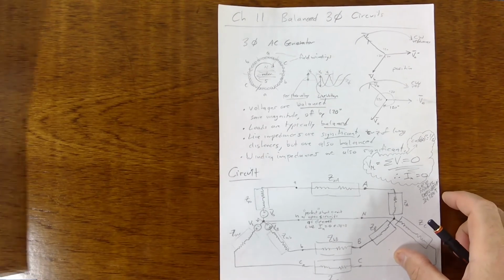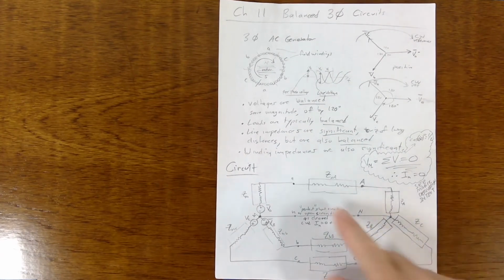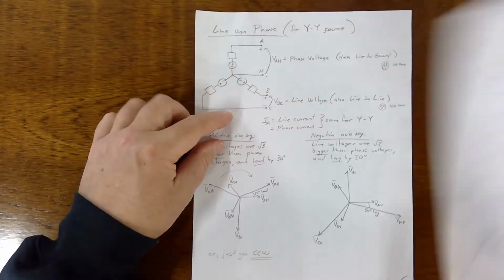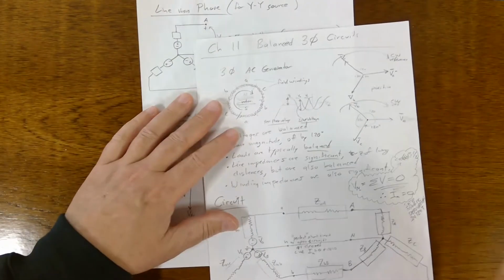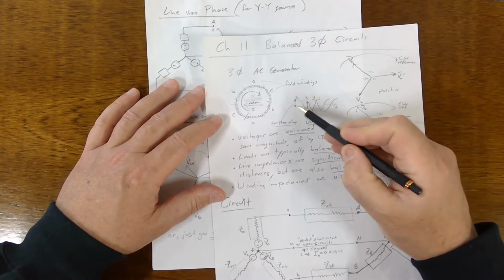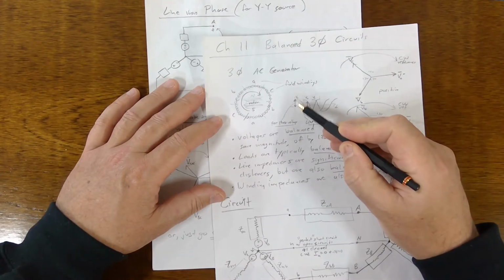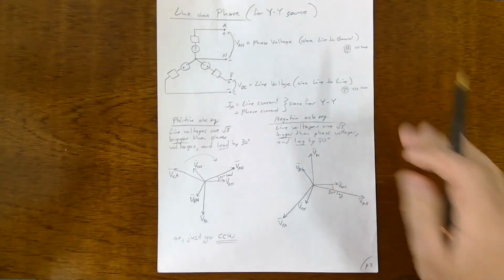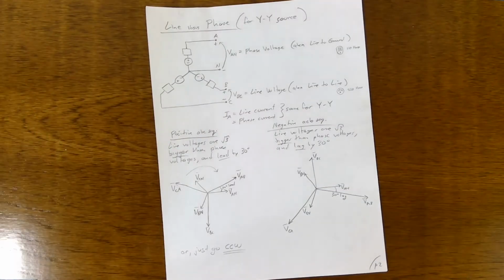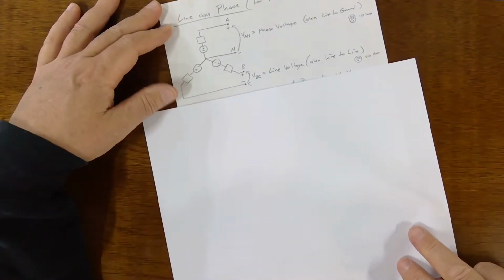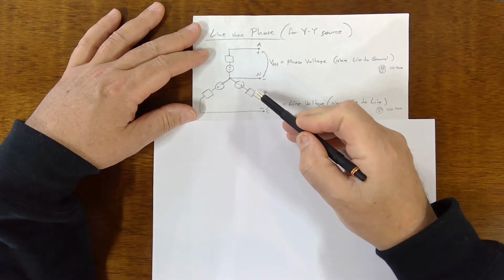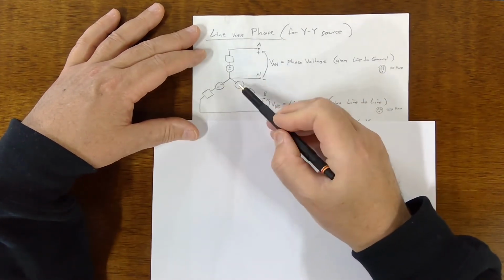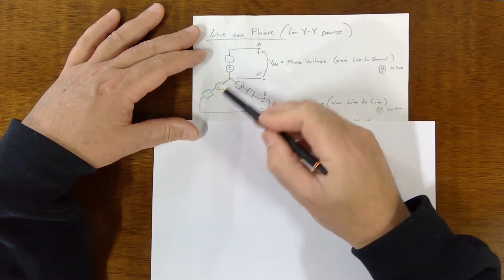So let's walk away from this for a minute and then come back to it. The next page on these notes talks about line versus phase. So we're really talking about this in here, phase to neutral, and then line to line. Let's just take the generator side of this thing. So we've got the 3 voltages and then the 3